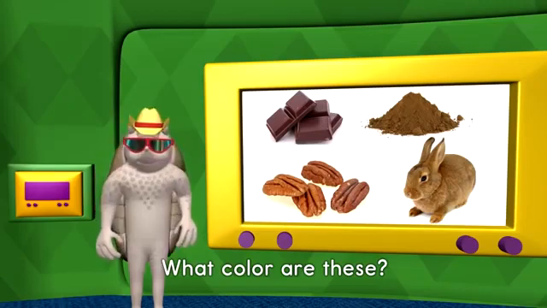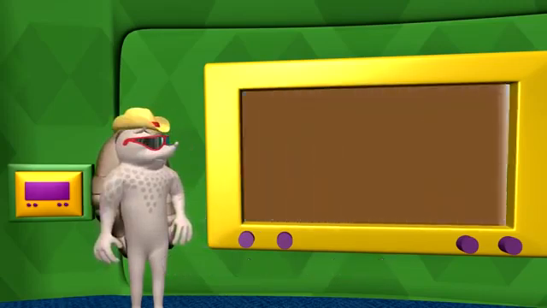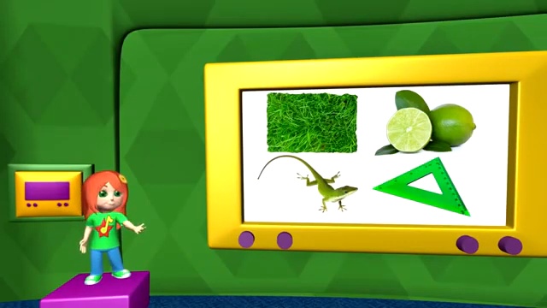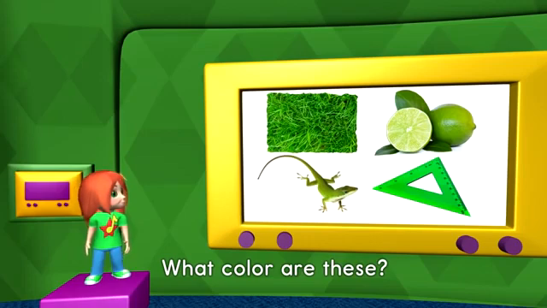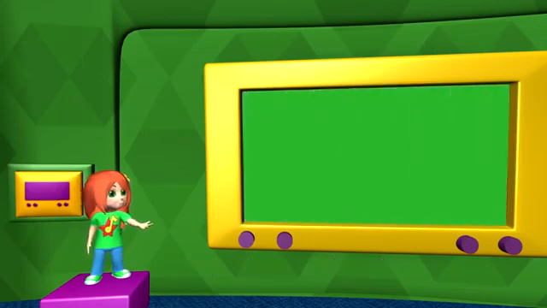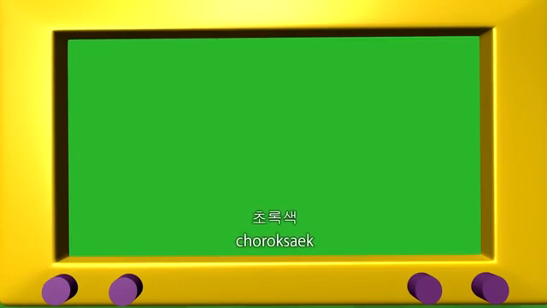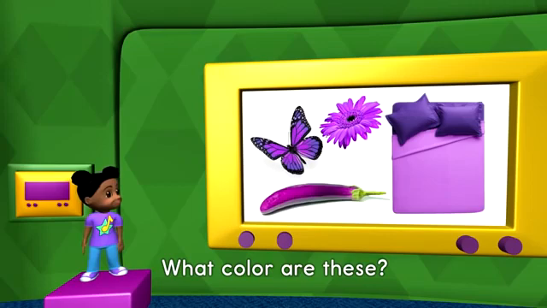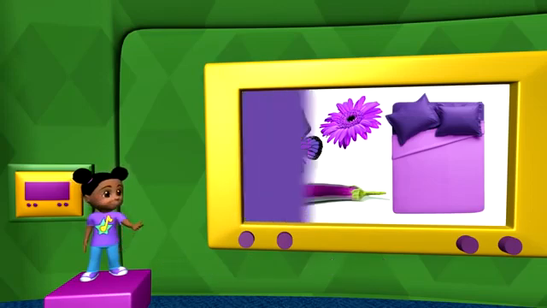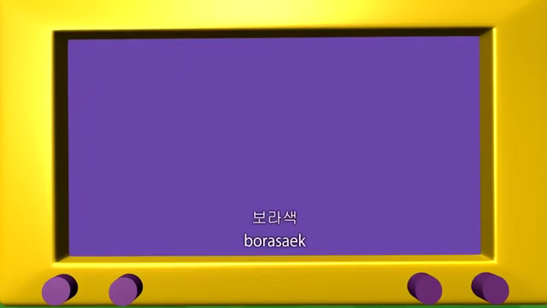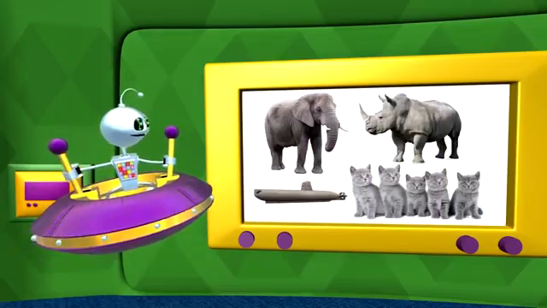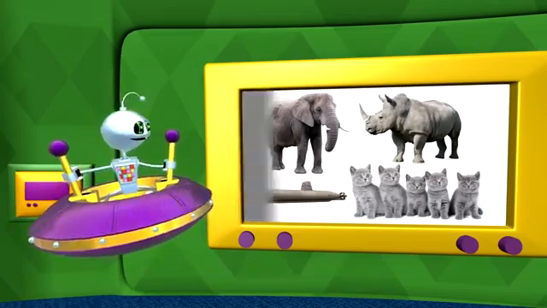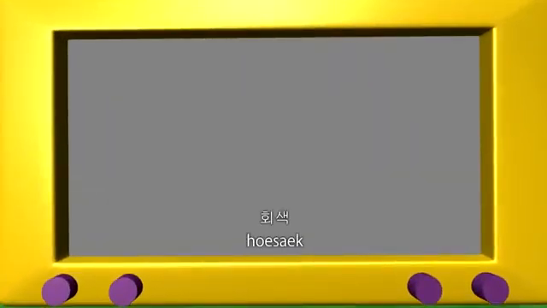What color are these? Brown, 갈색, what color are these? Green, 초록색, what color are these? Purple, 보라색, what color are these? Gray, 회색,